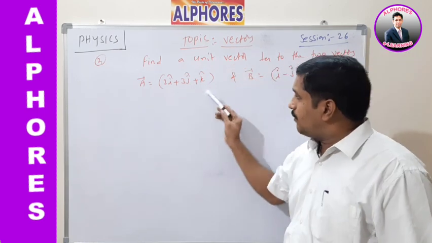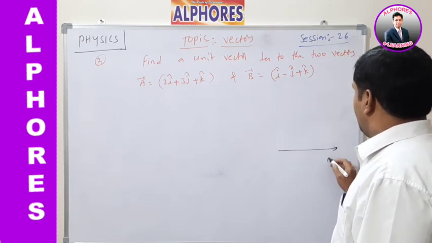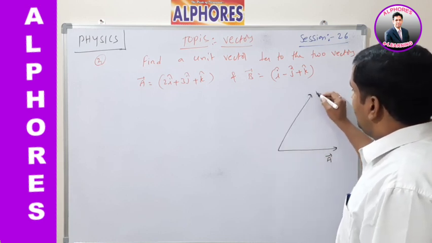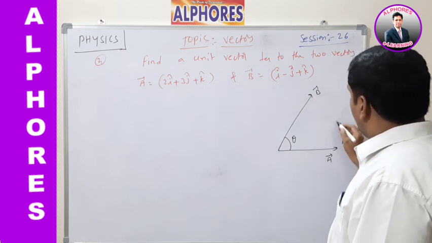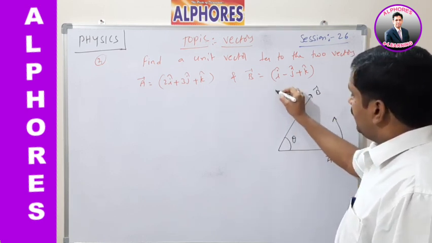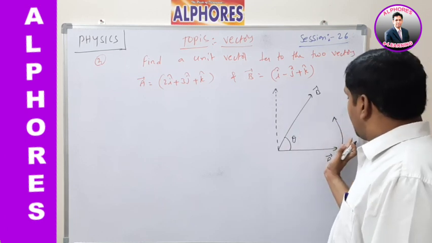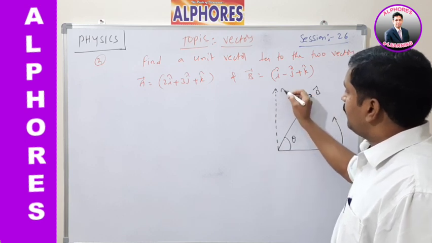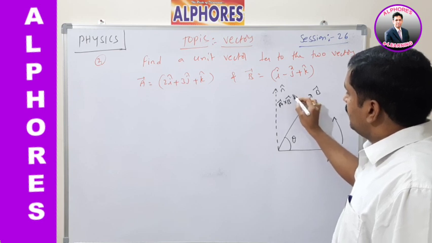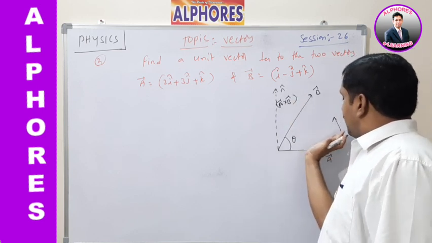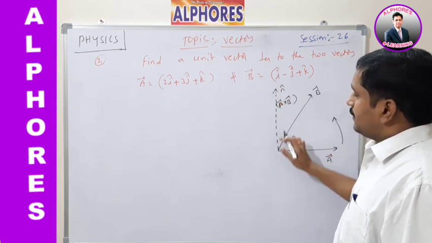For example, let us say these two vectors are at a certain angle as per the concept. This is A bar I am taking, and this is B bar I am taking. Both are at a certain angle. Now, in order to find the cross product A bar cross B bar, the rotation of A bar towards B bar gives the resultant, and n cap is the unit vector in the direction of A bar cross B bar only. So the rotation of A bar towards B bar gives A bar cross B bar, in the direction of n cap like this.